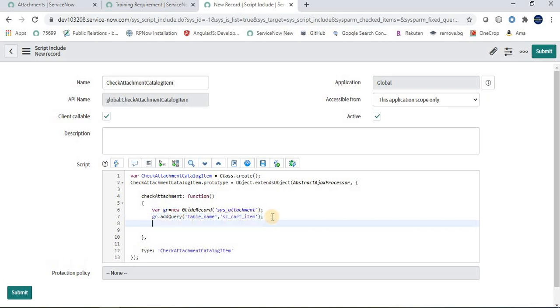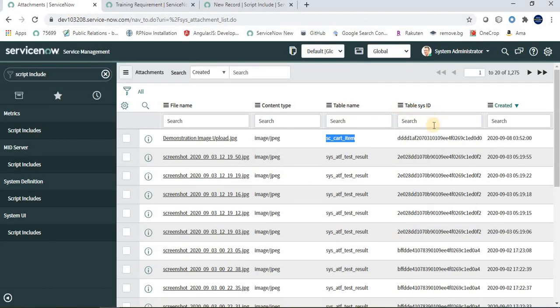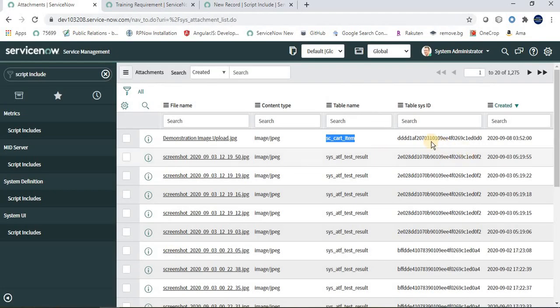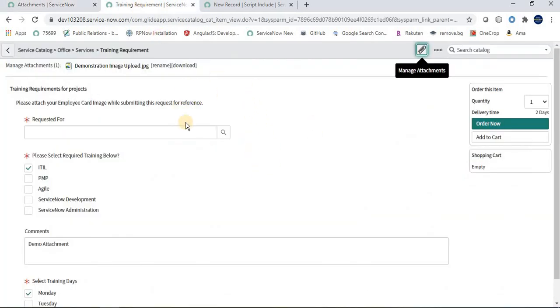Now we have to add another query, that is addQuery, and I am saying the second field is table sys id. If you see that particular field value, you will come to know that it is table_sys_id. Now this value is specific to this record, and every catalog item record has a unique GUID.